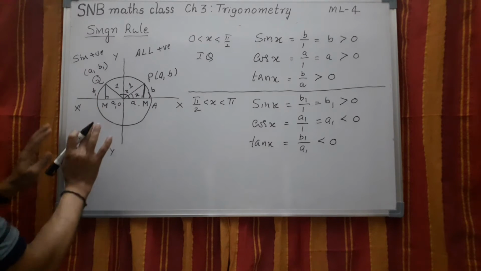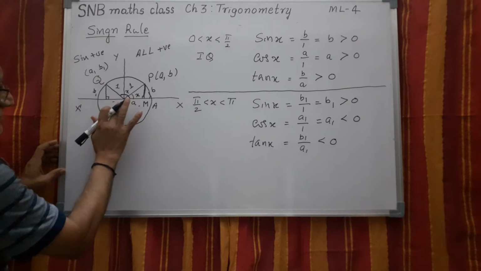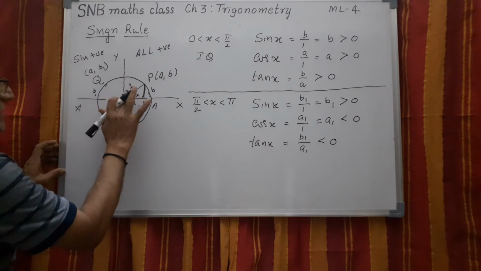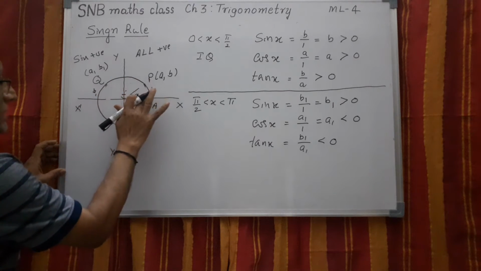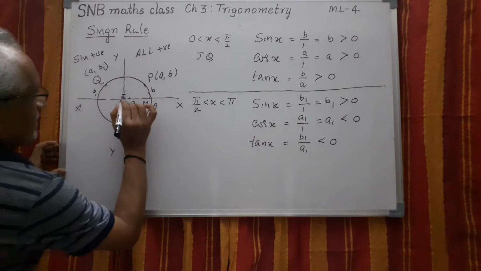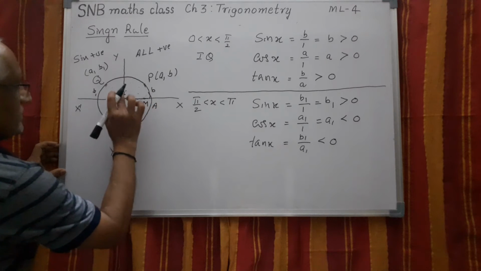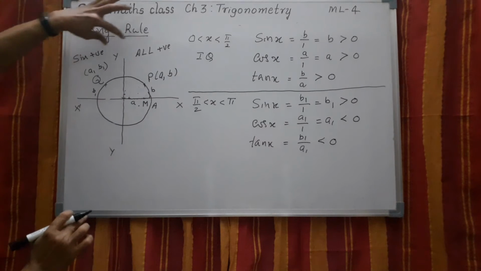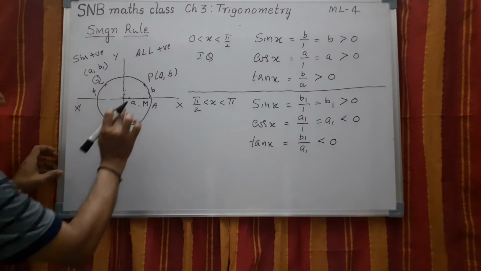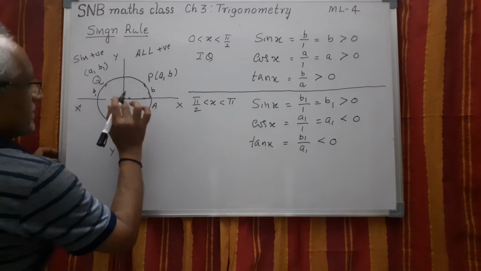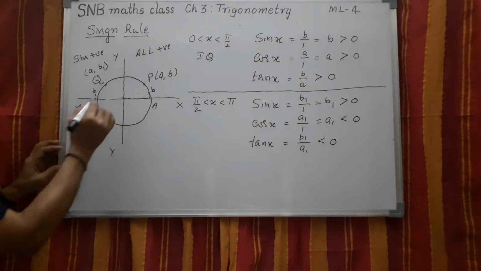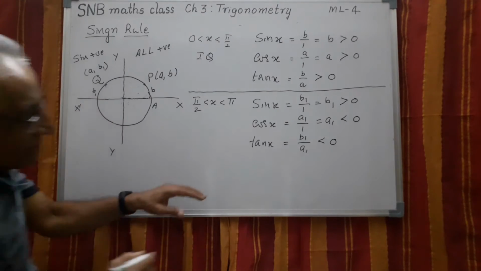Now let me remove the diagram here, so otherwise it will be confusing. Let me remove this condition now. This also I will remove, but I will use the same circle. Let me take the next. So here what I have done is, remember sin is positive here. Here all the trigonometric ratios are positive. And here now what I do is, I will take the next quadrant.